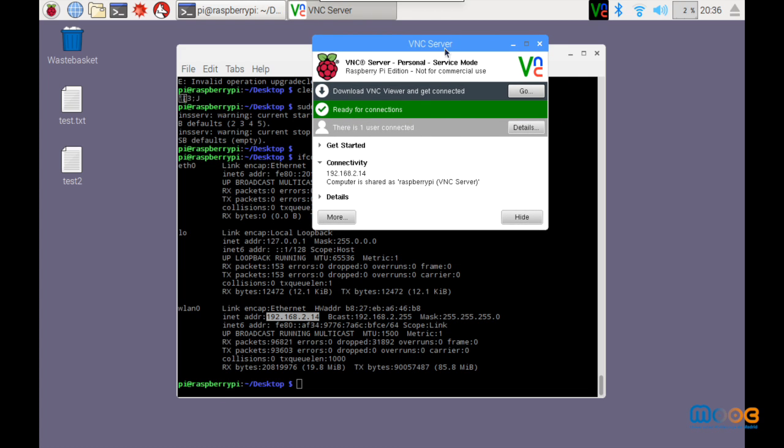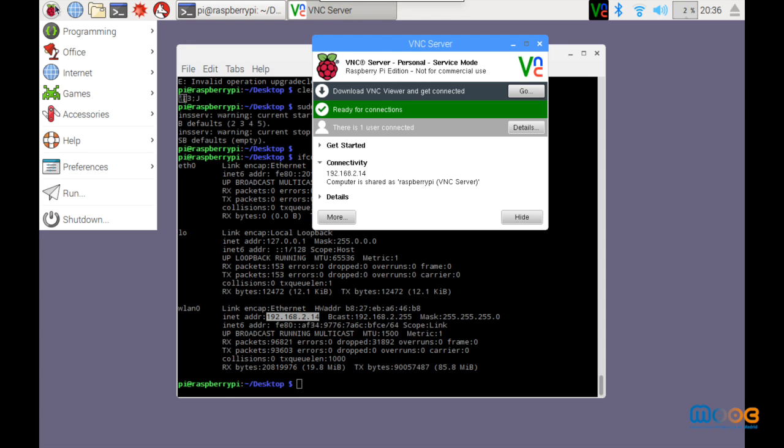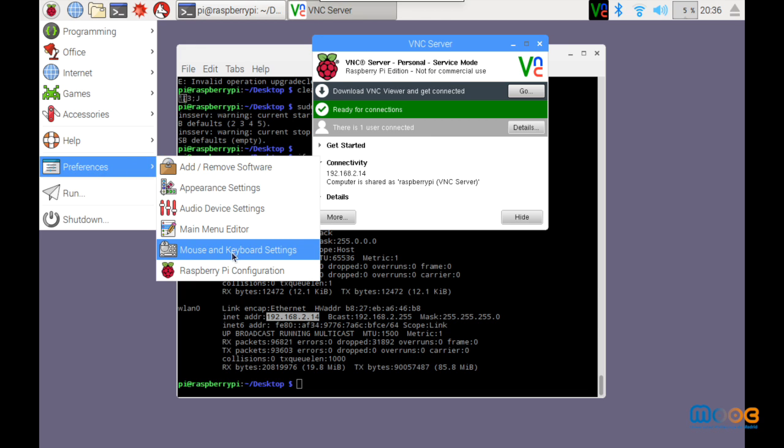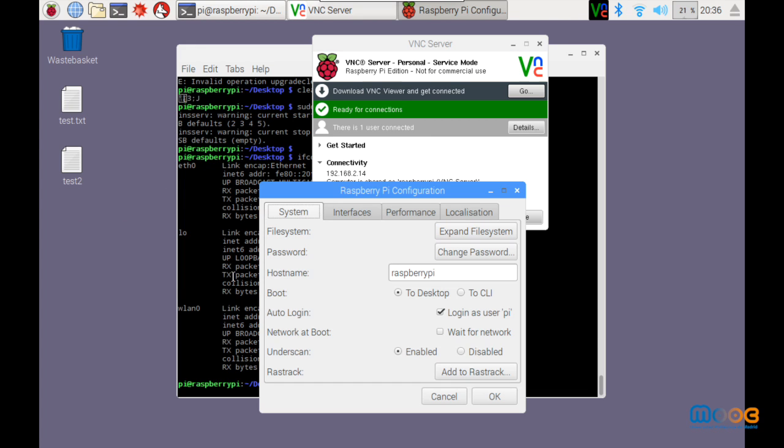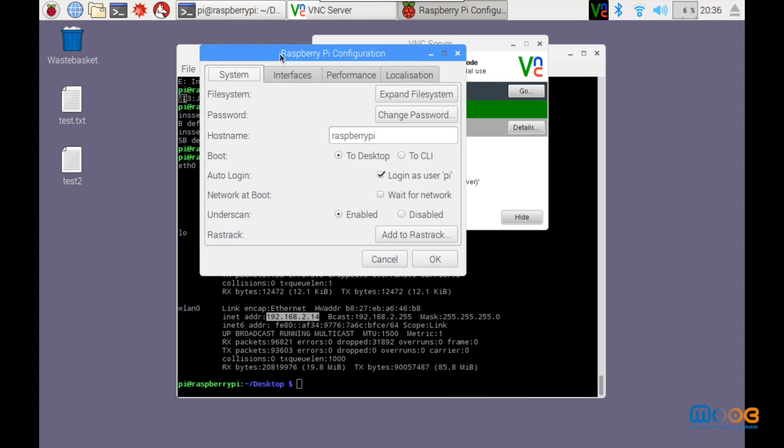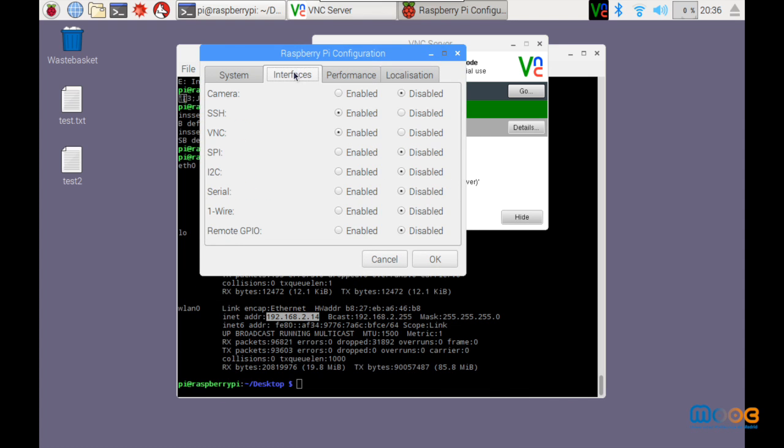VNC server is here. VNC server is included by default on the latest version of the Raspberry Pi, but you will need to enable it yourself. VNC server will then start automatically whenever your Raspberry Pi is powered on. You can enable VNC server graphically or via the command line. If we go to the menu, preferences, and then Raspberry Pi Configuration, in interfaces, just check that VNC is enabled.